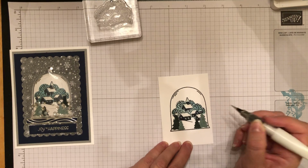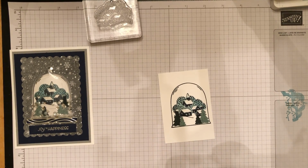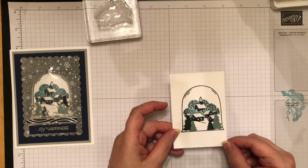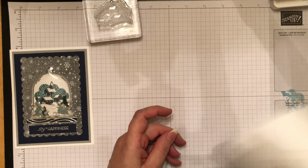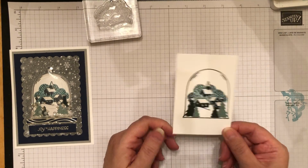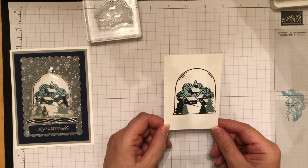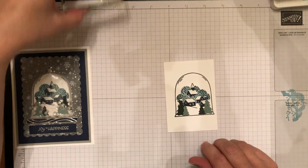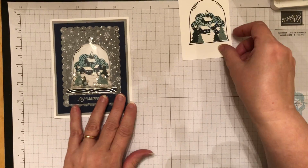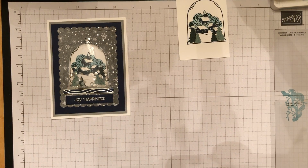And you're going to want to give that just a little teeny bit of time to dry, because I don't want my shaker images to stick to those, but we'll see. We'll see what happens. Okay, so while I'm giving that a second, what I did with my